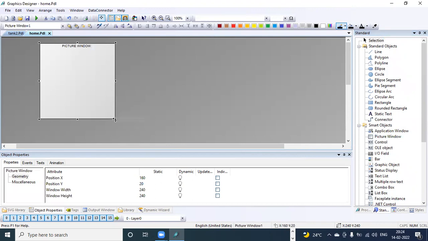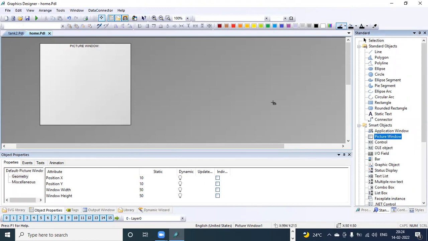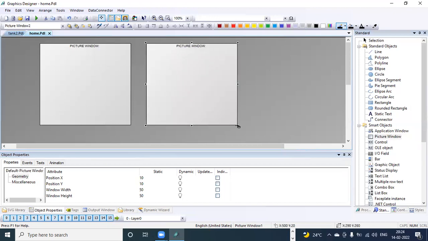This is like screen one. Another one, I can take one more picture window like this. When I move the cursor here, you can see picture window 1, picture window 2. Some names are displayed here as tips.